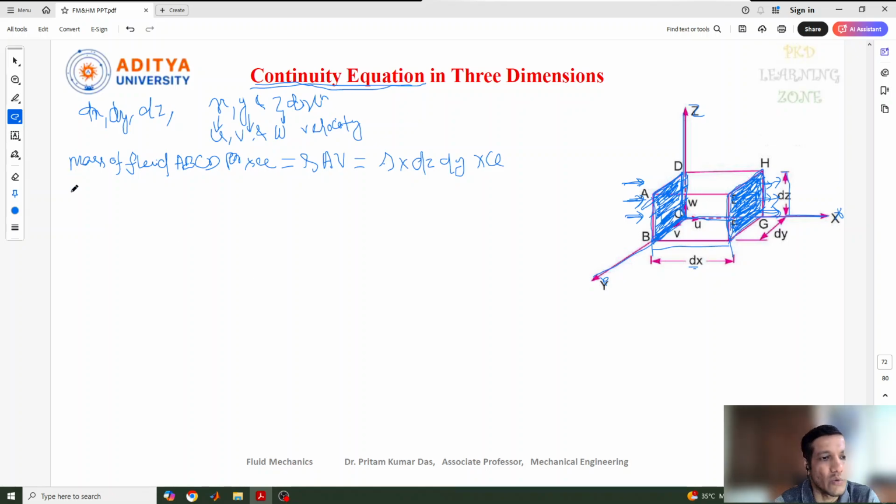So let's write down the mass of fluid. Here it is entering, and this is leaving. The surface is EFGH